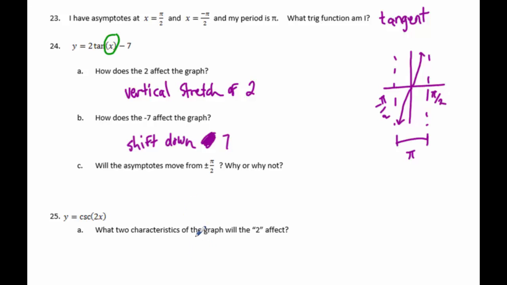That's what causes our asymptotes to move, is having something inside with x. So I would say no, because there is nothing inside the parentheses